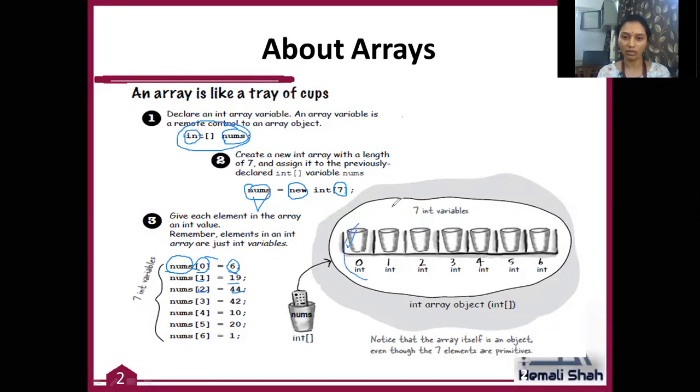All these glasses can be referred to by using this integer array, and the name of the array is numbers. So a single variable holding multiple values is the basic concept of array. So let us understand arrays in Java in detail.